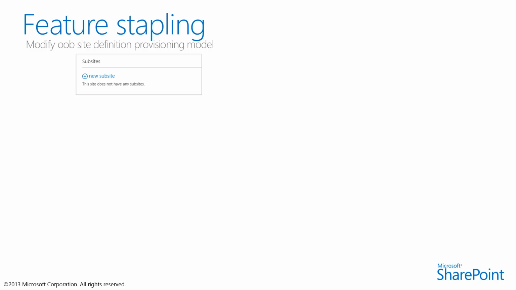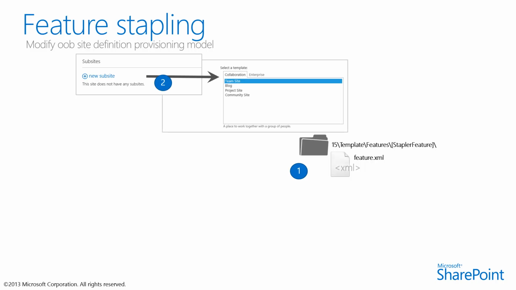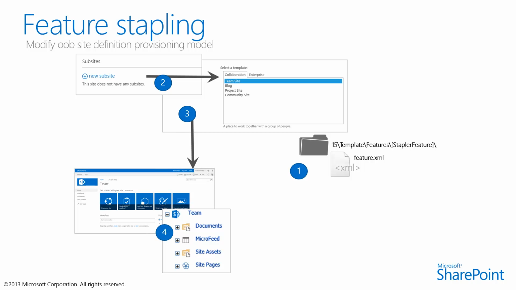The feature stapling is a model where we deploy a staple feature, where we say that whenever an out-of-the-box team site is created, let's also modify the out-of-the-box team site creation by activating a certain alternative feature as well. So whenever the end user chooses, as an example, the out-of-the-box team site,